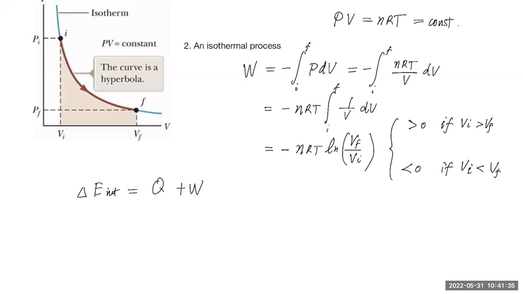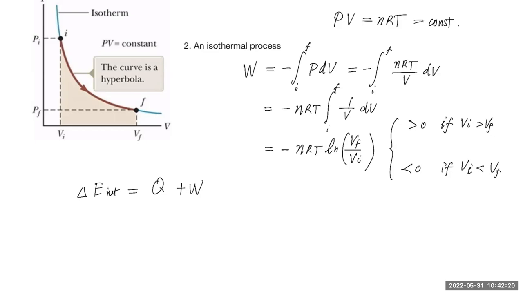Again, the internal energy is the sum of kinetic and potential energies at the molecular level, right? If we give something some extra amount of heat, as we saw in calorimetry, the temperature will increase, which means the molecular energy will increase as the temperature goes up. But here the temperature doesn't change, which means there's no change in the molecular energy in the kinetic form. Now the potential form doesn't change either, because the potential form depends on what kind of state it is, whether it's gas or liquid, and in this case, there is no phase change. So therefore, here's something very important. When the temperature does not change,